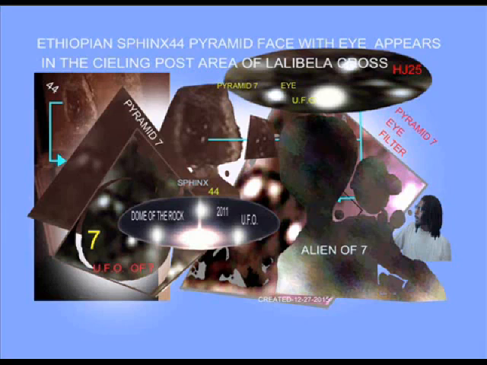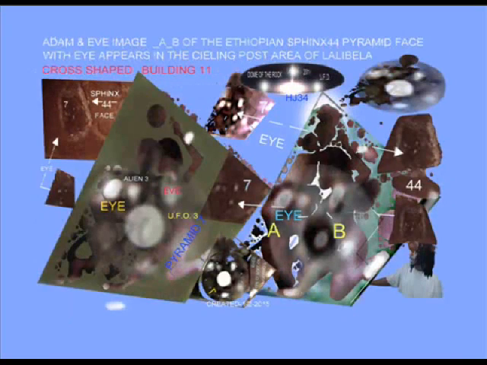Now, Alien 33 face looked like a black extraterrestrial. He looked like an African with big black oval-shaped eyes, thick nose, and lips. Now, when we go back to Alien 33 connected to Ethiopia's cross-shaped building structure, we see